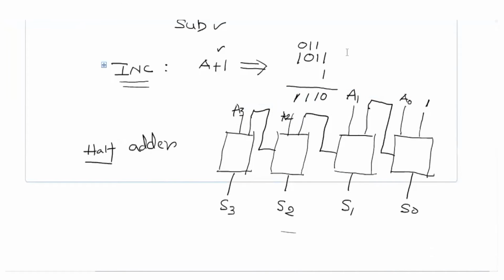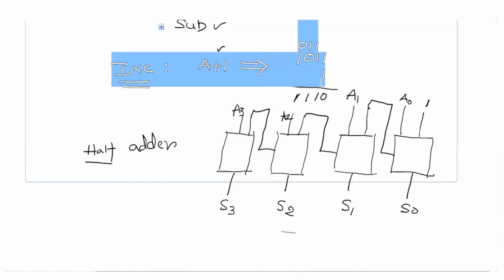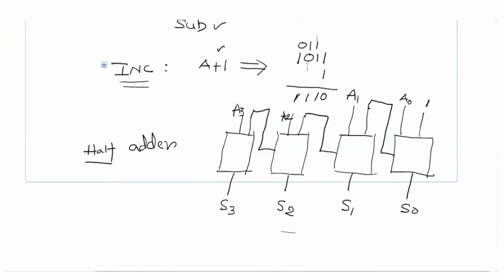I'm going to perform a 4-bit addition. 1011 plus 1 is what I am currently performing. At every stage you can clearly see there is 2-bit addition. For 2-bit addition, I do require a half adder. How many digits are we adding? 4 digits we are adding. So what we'll do is, we will take 4 half adders. We will connect them together, which will make us an incrementing unit.